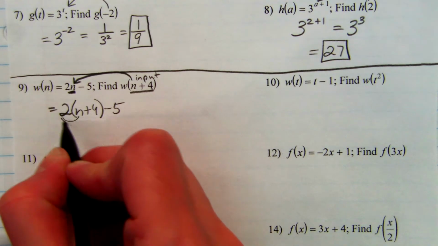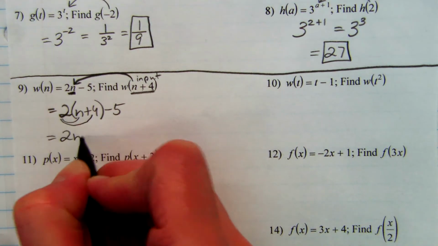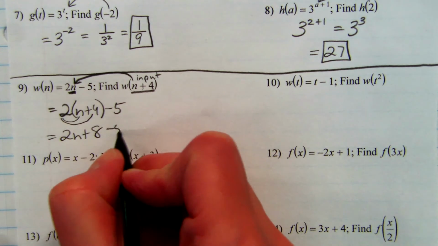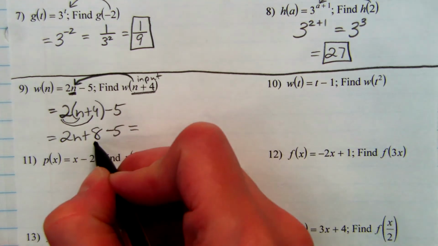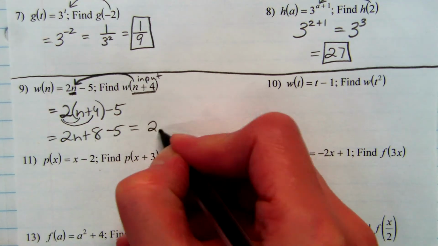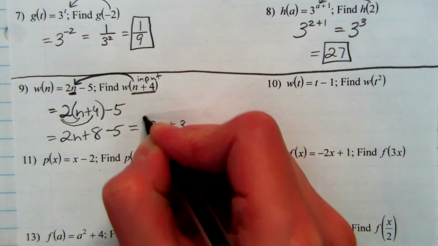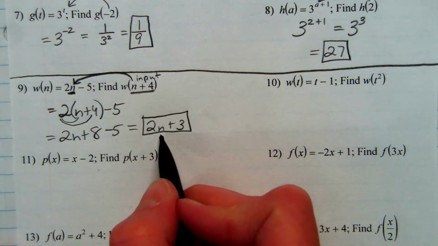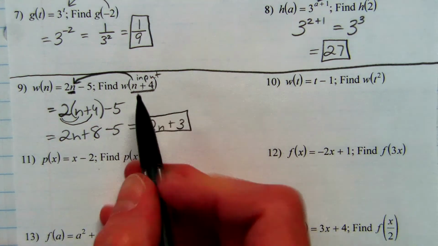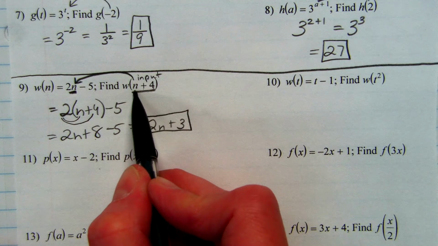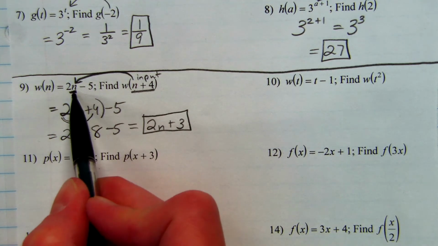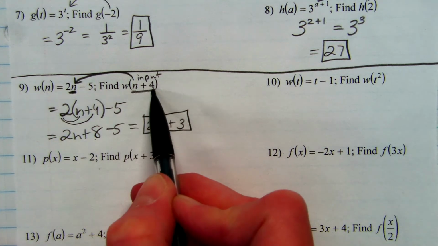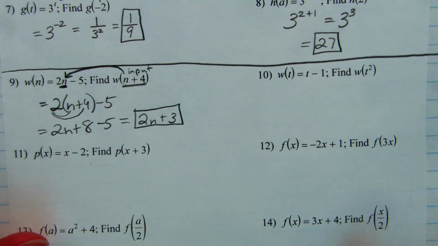So if I distribute the 2, we get 2n plus 8, and then I still have minus 5. So I can take 8 minus 5 and say that it is 2n plus 3. So you will have a variable in the answer if there's a variable in your input. But you have to remember that you're replacing this n with the whole expression, not multiplying them or something weird